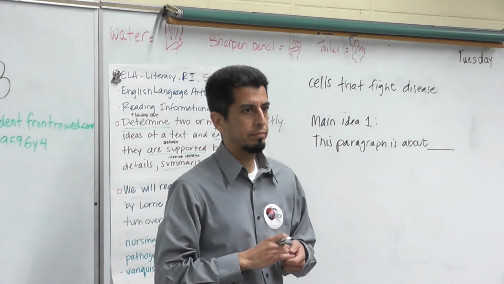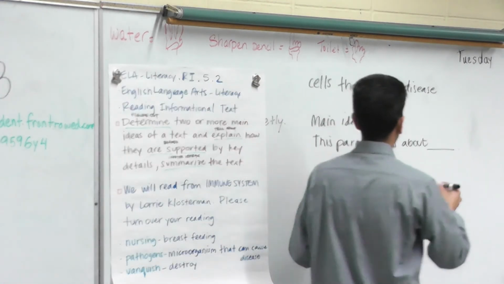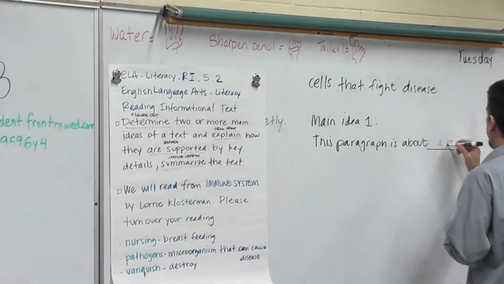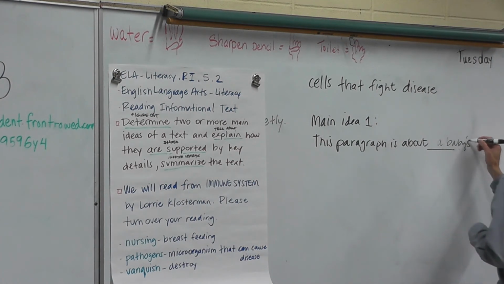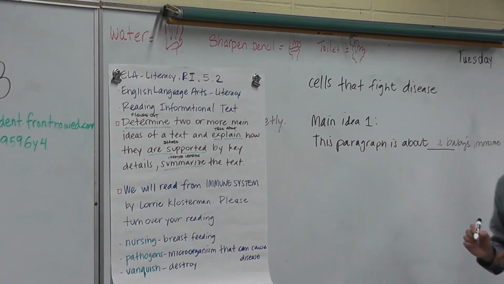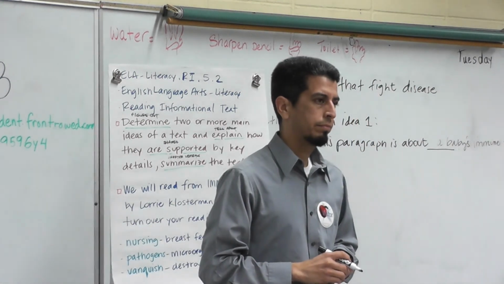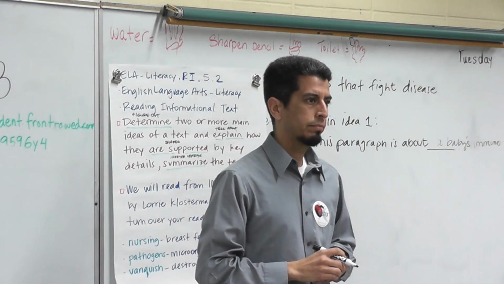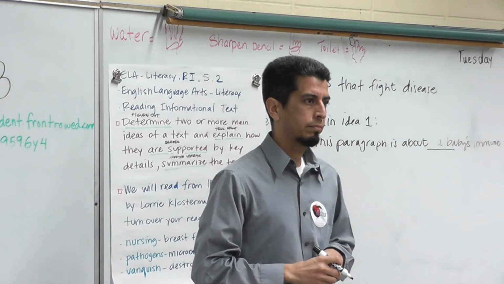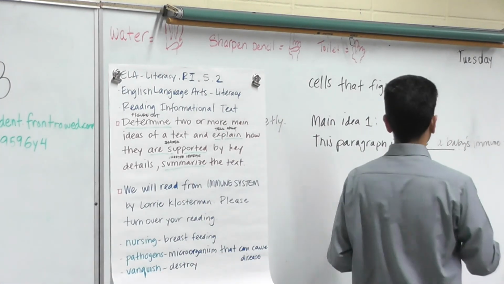Paragraph 1 is about a baby's immune system. Okay. Very simply, a baby's immune system. All right, and yours, what's yours? I think paragraph 1 is about the infant's immune system and how it gets from. Okay,